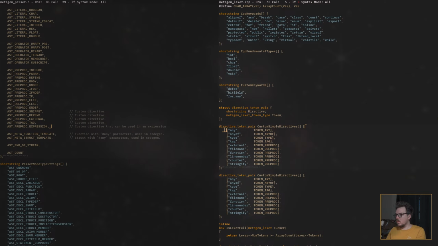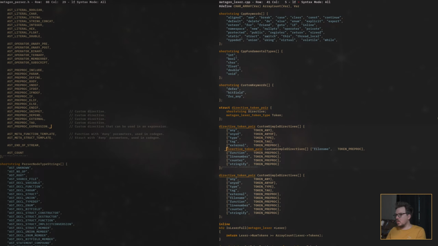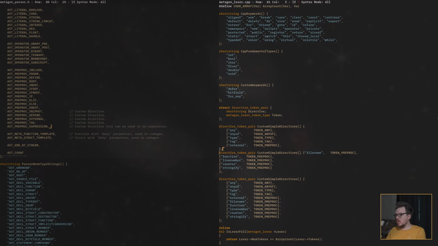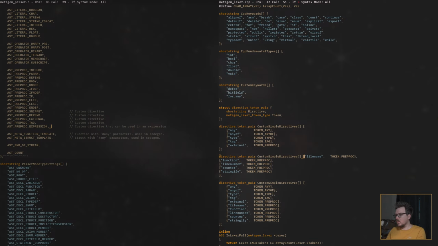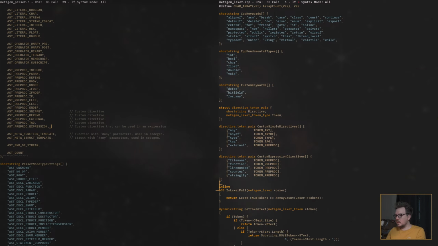So these will be the ones that you can use in an expression. So custom simple directives, custom expression directives, and that's fine.